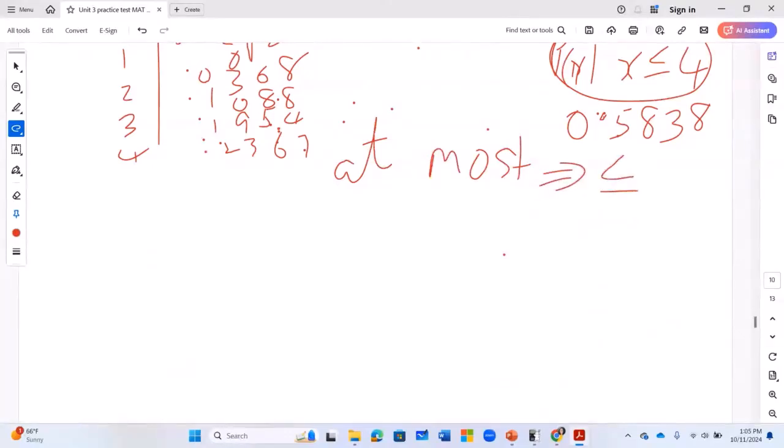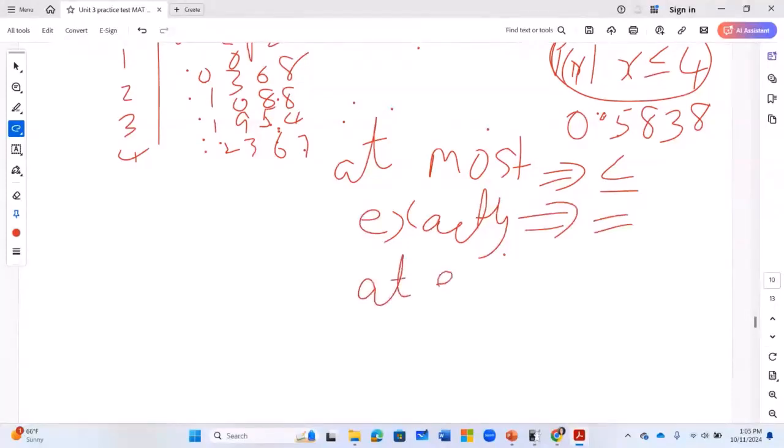Okay, exactly implies equals. At least implies greater than or equal to. Okay, so whenever I am doing an at least,